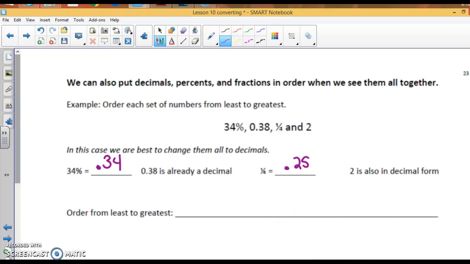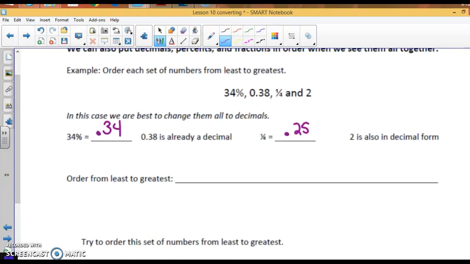And 2 is a decimal. So, least to greatest. So the smallest in that list will be 1/4. Then, 34%. Then, 38 hundredths. And then